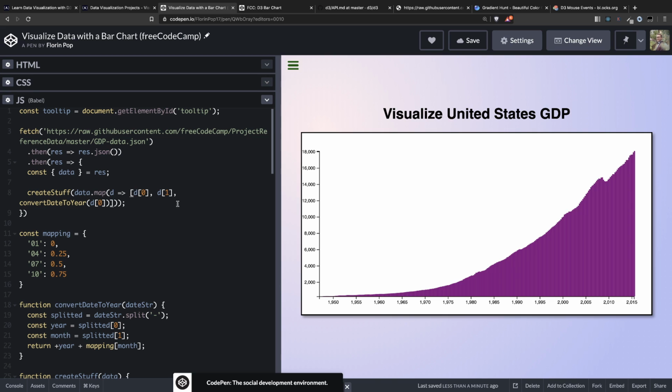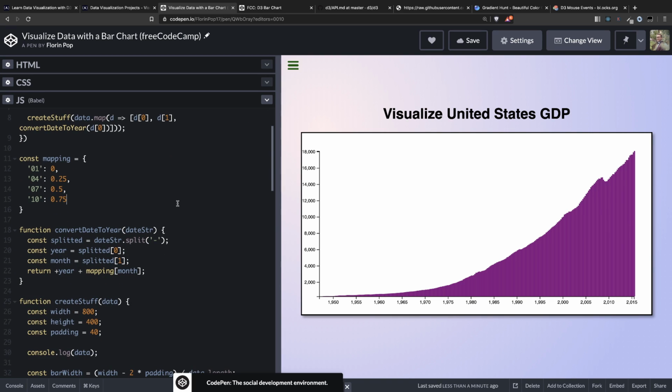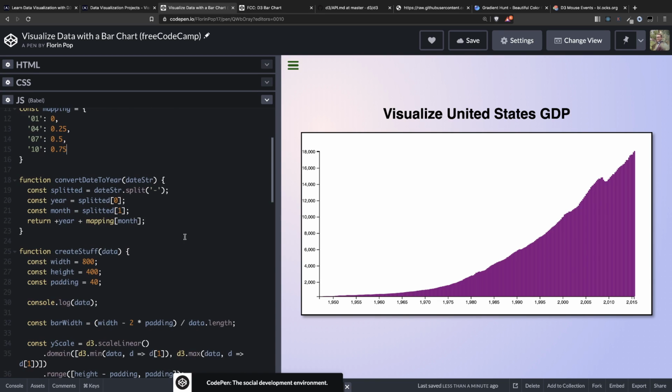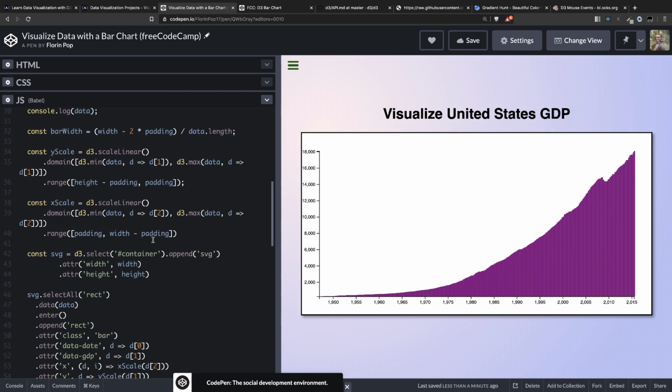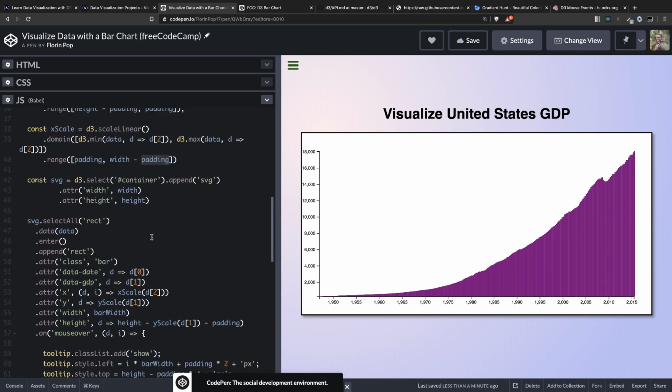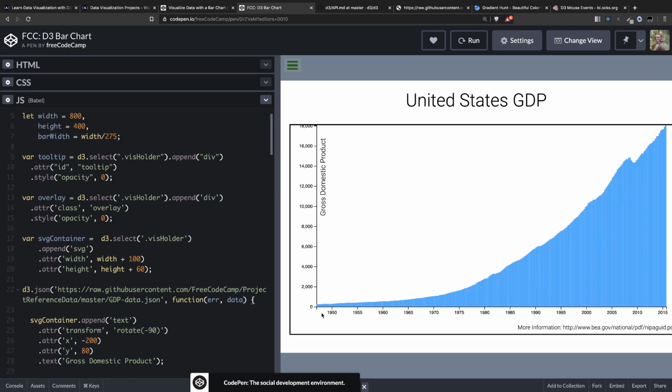Okay. So there is something just a little bit off, but I don't see what. Bar width, width minus, okay, and then we use the padding. Here, a little bit of that curve,